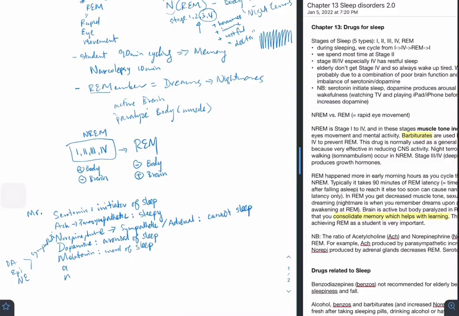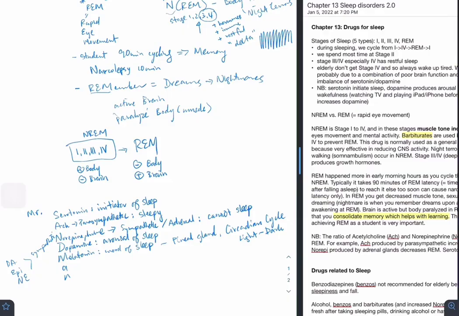And melatonin is produced and regulated in your brain in the gland called the pineal gland. Okay? And melatonin is related to your circadian or sleep cycle. And that has to do with light and darkness. Okay? So, Mr. Sandman includes S for serotonin, A for acetylcholine, N for norepinephrine, D for dopamine, M for melatonin, and